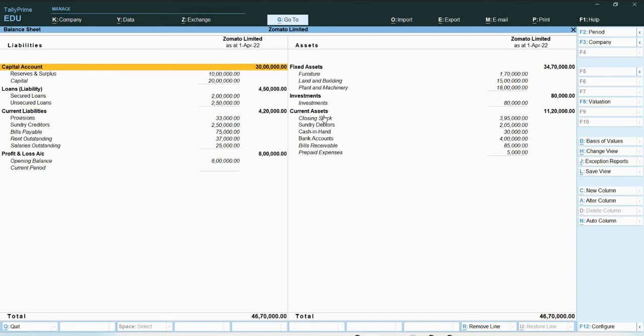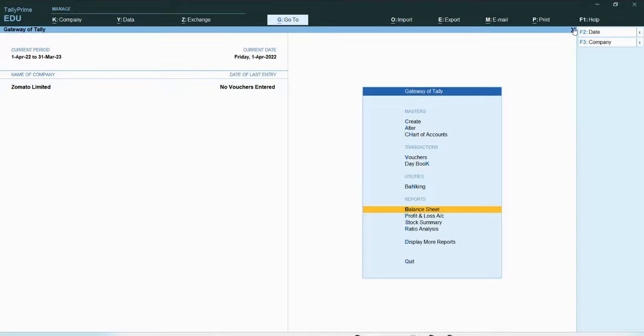You can see the closing stock 3 lakh 95,000 is showing up over here, and you can see there is no item which is saying some balance is still there. The balance sheet over here is completely created. Okay. This is as far as your creating different ledger accounts and creating balance sheet is concerned. In the next video we are going to learn how to pass